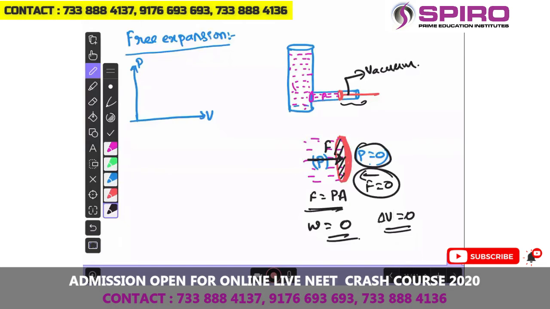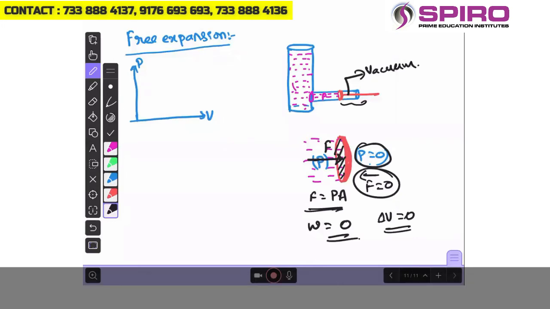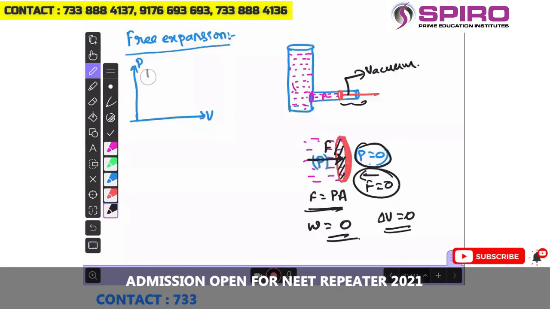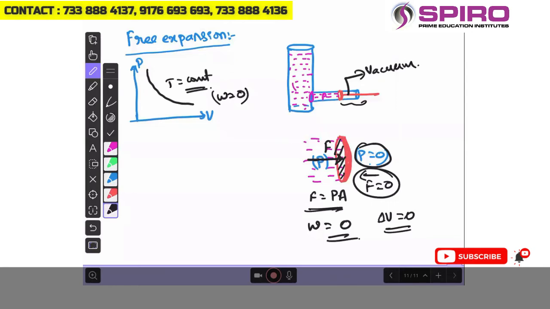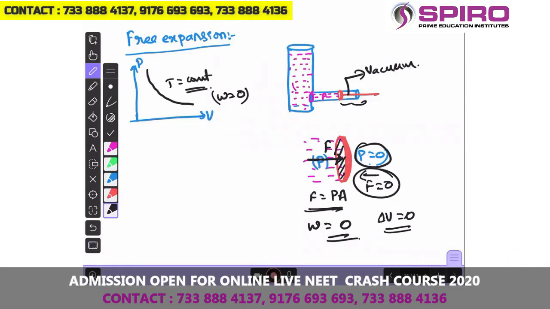So the total process equation is concerned against the free expansion. Of course, pressure and volume inside may vary according to an isotherm or something like that, but temperature remains constant only. Temperature remains constant, but work done will be zero. It is not an isothermal process. Even though temperature is constant, it is not an isothermal process. This is the point you have to notice very carefully regarding the free expansion or work done against vacuum.